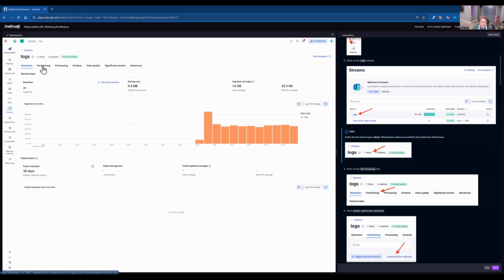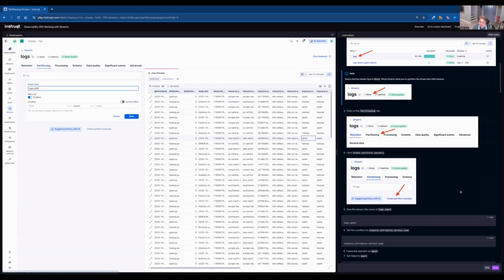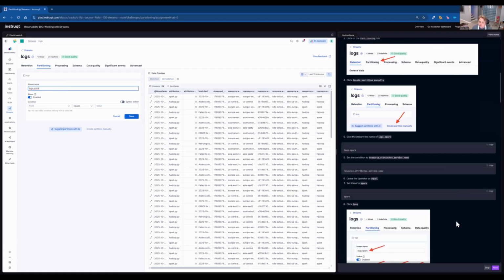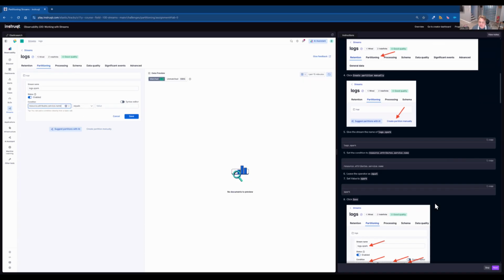We're going to partition that data itself. We're going to create a partition manually. I'm going to give this a name, instead of a child, it's our Spark. But we're going to do this as a condition. So think of this as like a conditional processor for writing that index name. We're going to conditionally base it off the resource attribute service name equals Spark. And